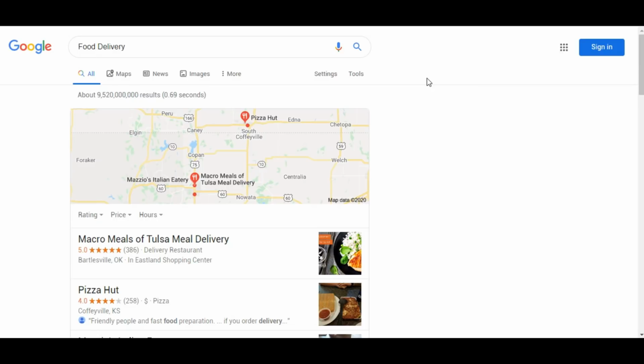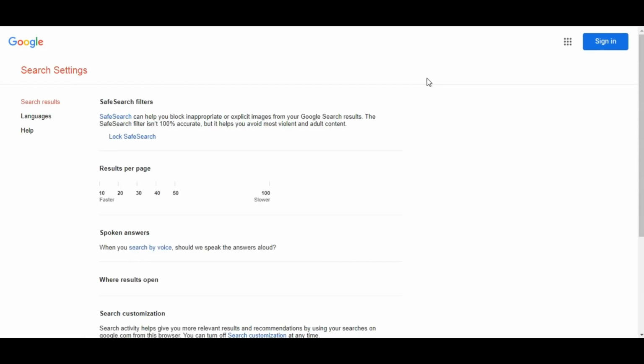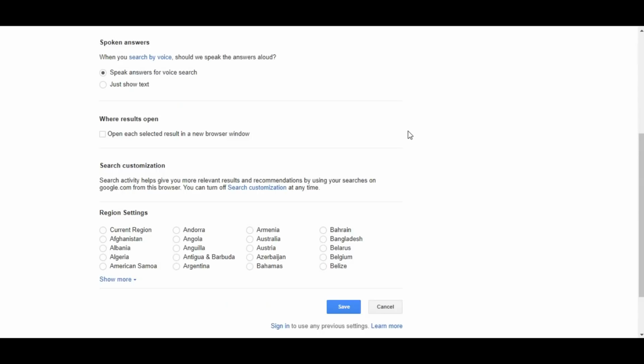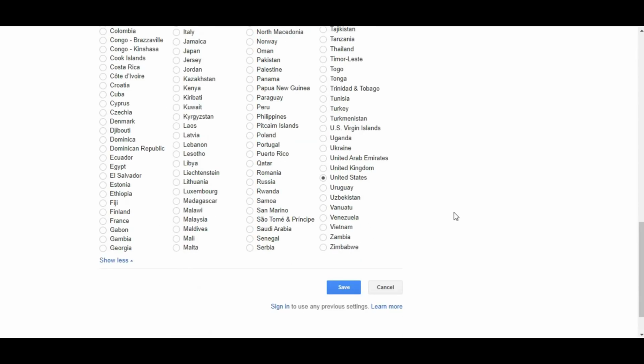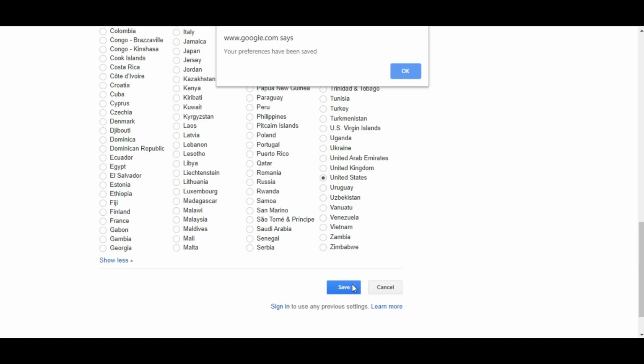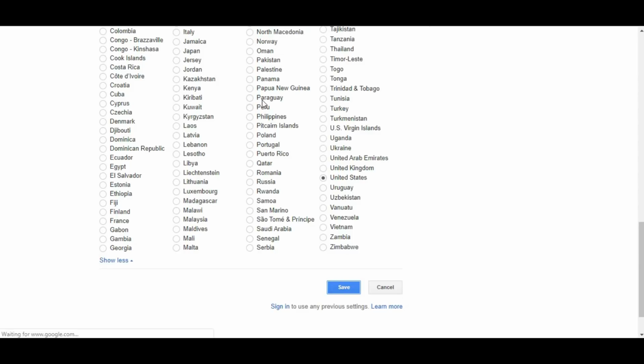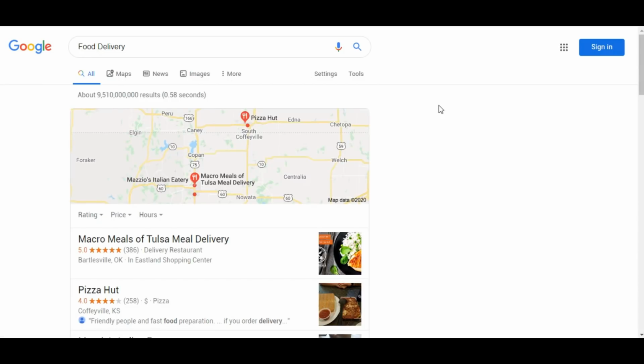So if you target a commercial keyword with a commercial website, or in AdSense, or in any kind of monetization, you need to choose a tier 1 country. It's good, United States is already selected. If you select the United States as the country, it will give more and more profit. So food delivery is a great keyword, right?